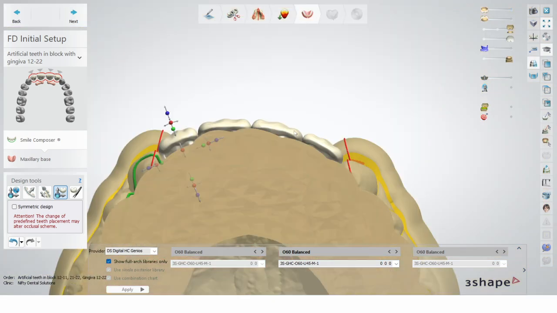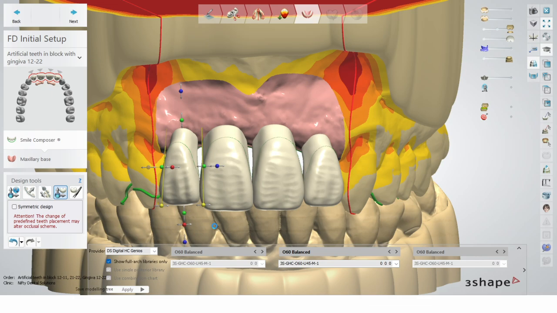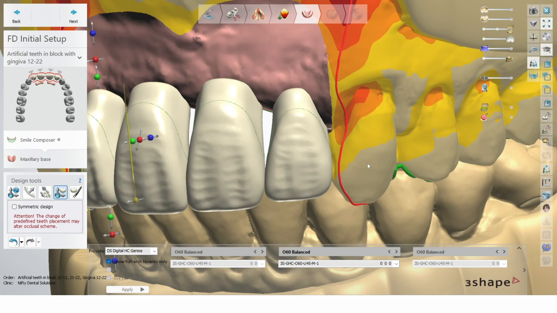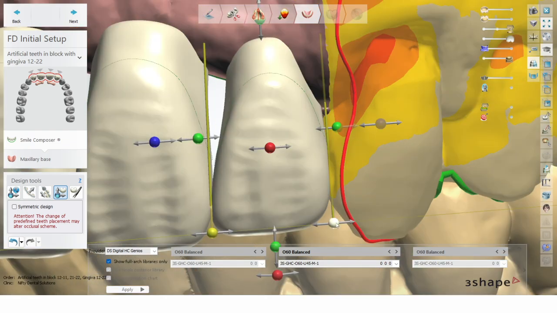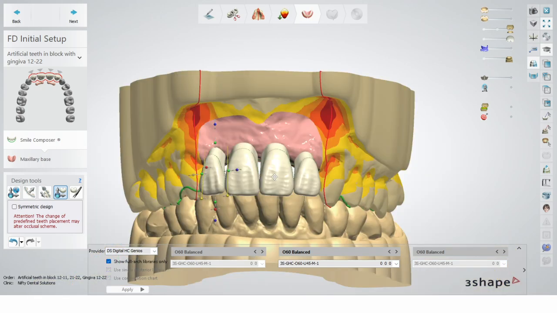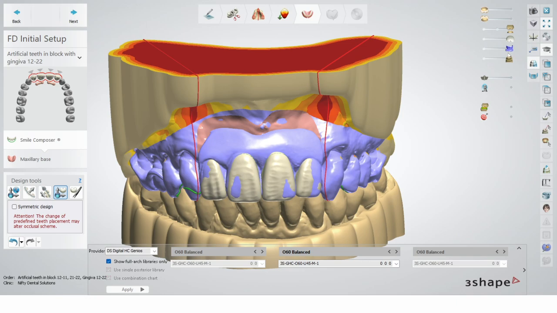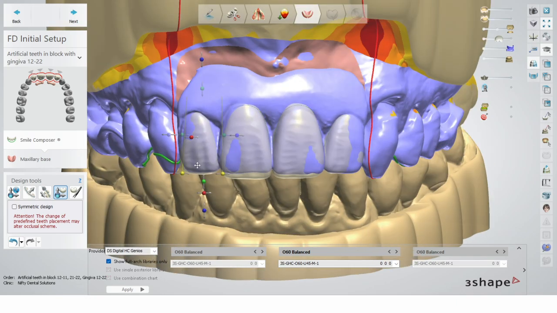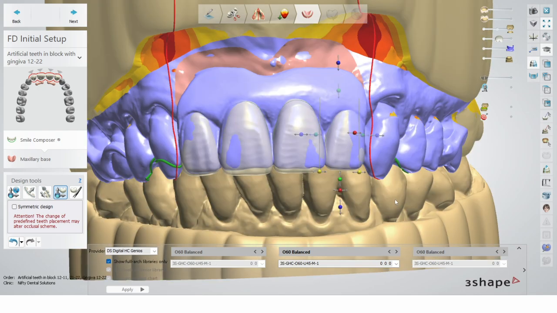However, I think we're nearly there, so I'm just going to work a little bit more with this lateral here, just because I don't want too much pressure. And a little bit of rotation, I'm very picky, but that's not too bad. Let's have a look, compared to the old job. So I can see I lengthened the incisors a little bit. Maybe I can do the same here with the lateral. And then also we can measure what we've done.